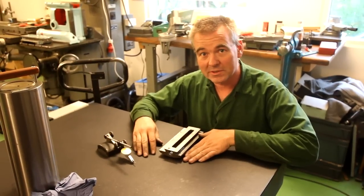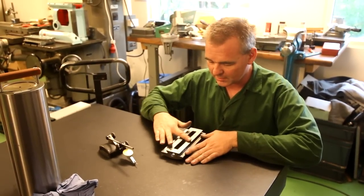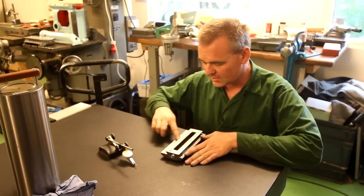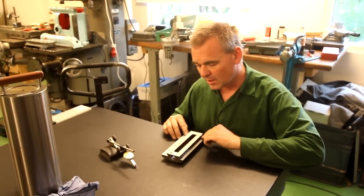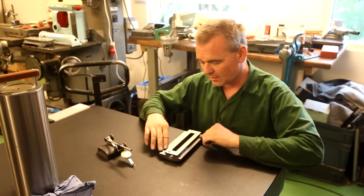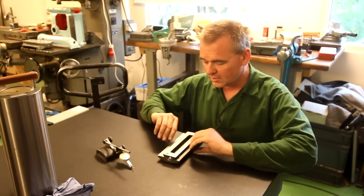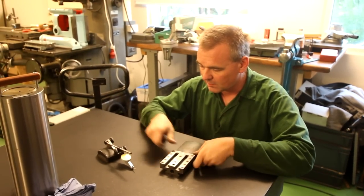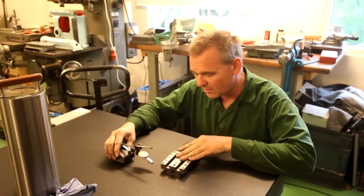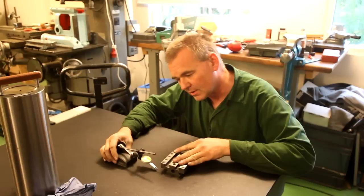I'm here at Lauritz's nice granite table that's totally flat, and I started by scraping this surface, and now I've scraped this surface, but this one is still unscraped. So now I'm going to check how parallel this surface is in relationship to this surface. I'm flipping this over, and then I'm going to use this dial indicator and slide it underneath here, and I'll start by sliding it